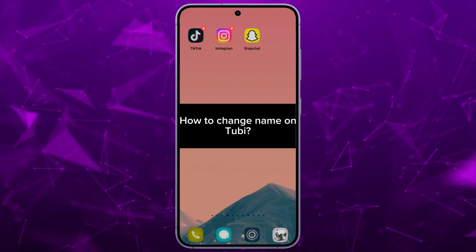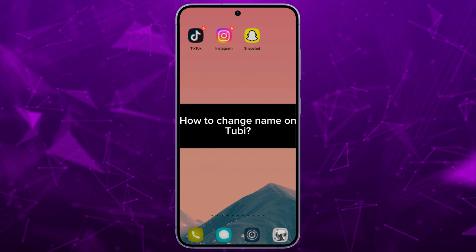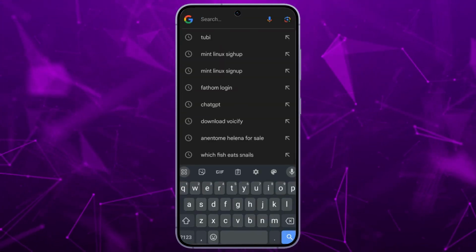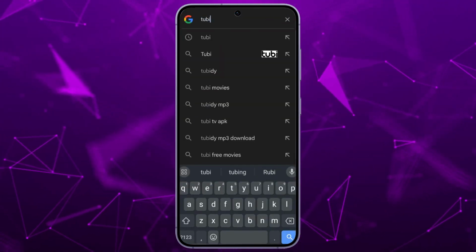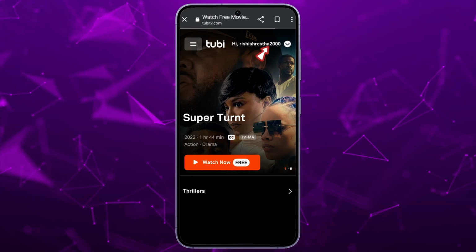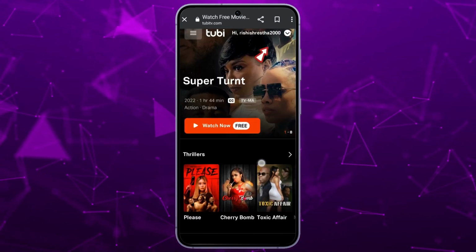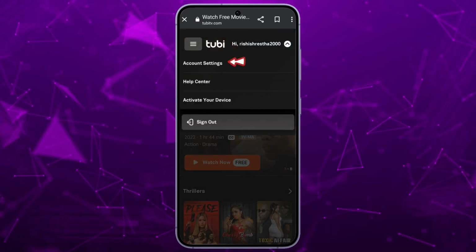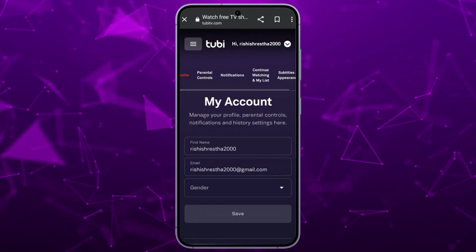To change your name on Tubi, firstly, go ahead and open up your Google search. In the search box at the top, type in Tubi and make a search. Make sure that you're logged into your Tubi account, and it will take you to the homepage of Tubi. Click on your profile name at the top right corner of the screen, and from the drop-down,